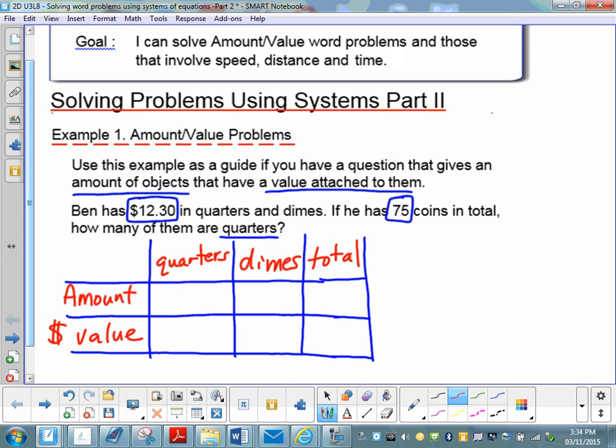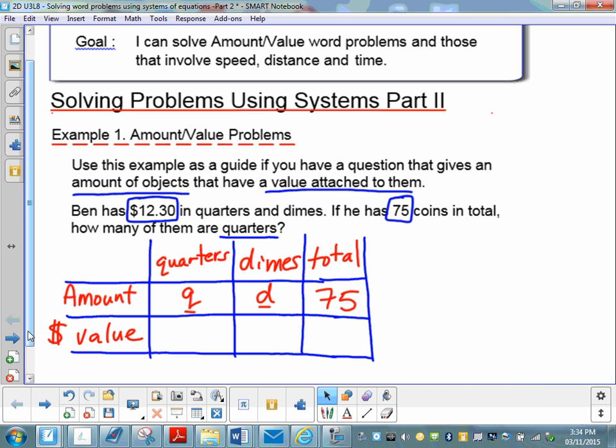So if I'm going to plug some things in here, I don't know the amount of quarters that I have or the amount of dimes I have. So that's where my variables are going to come in. They're going to be Q and D. We know the amount of coins that we have in total, so if we add up all the quarters and all the dimes together, there should be 75 coins in total. And